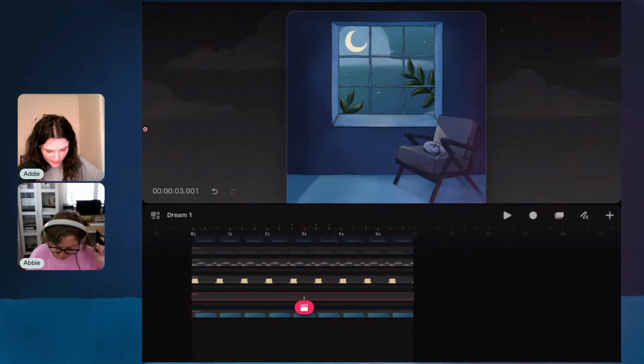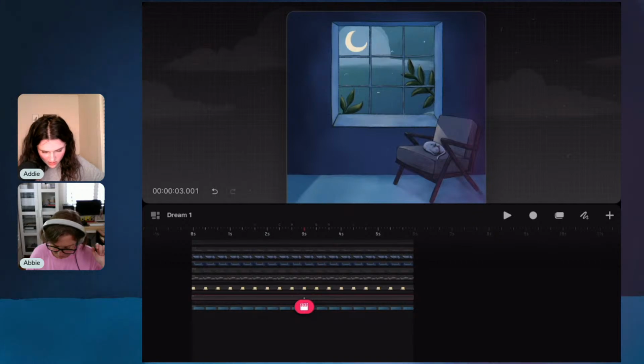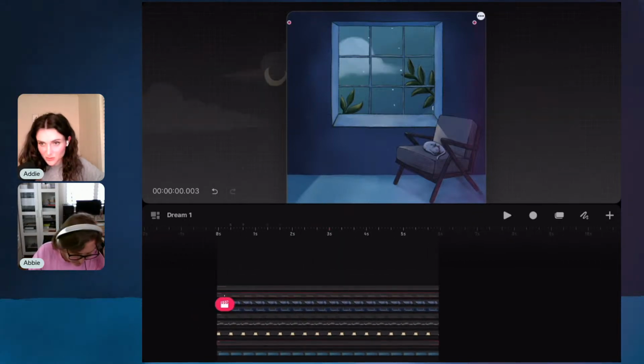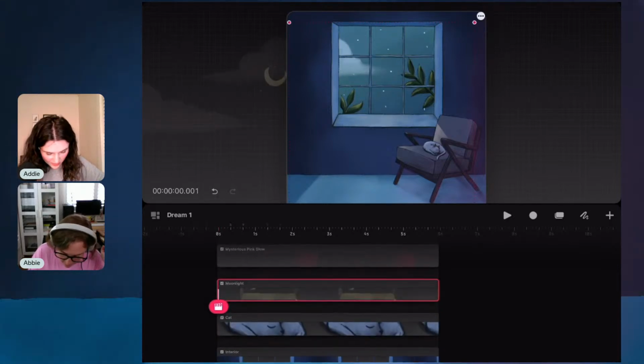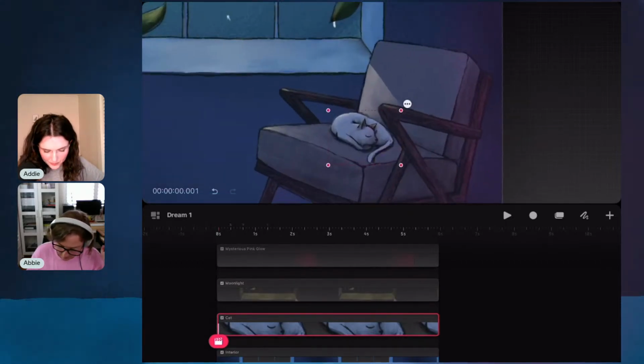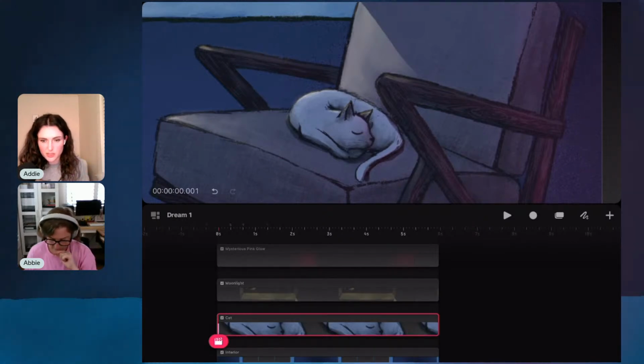Okay, so now we have done our 3 animations that we're drawing in here. There are a couple more animations that we're going to add. We're actually doing really well on time. With the existing layers, the first one is we're going to make the cat breathe a little bit. For this, we're going to have the cat inhale and exhale, and then we're just going to copy that